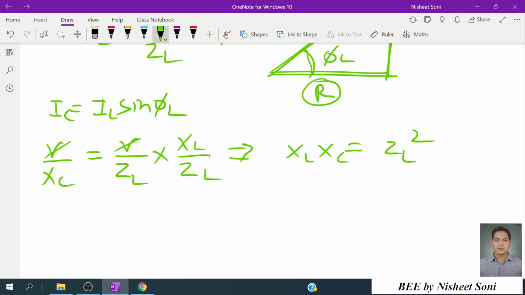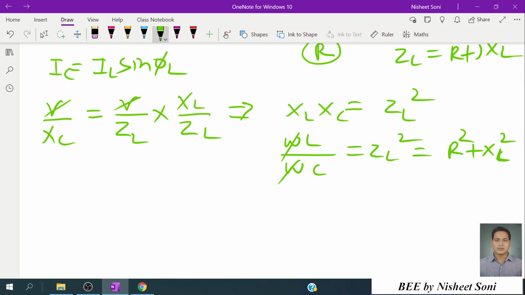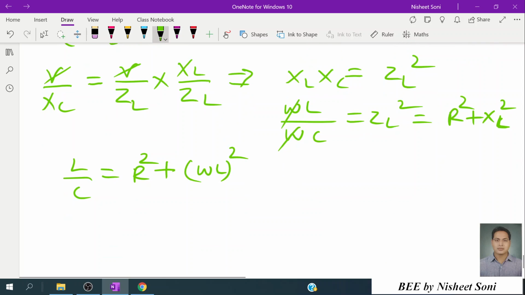XL is omega L and XC equals 1 upon omega C, so we can simply write L by C equals ZL square, and ZL square is nothing but R square plus XL square. You know that because I have already written ZL equals R plus jXL. So ZL square will be R square plus XL square. Now we can write L by C equals R square plus omega L whole square. And once we solve it,